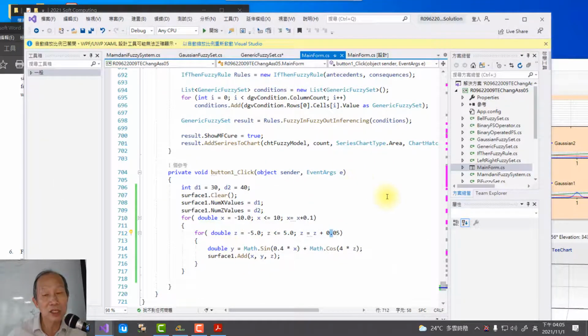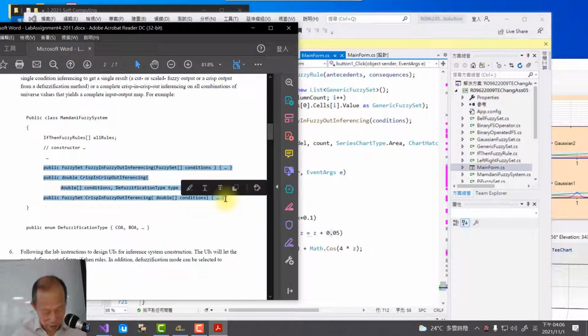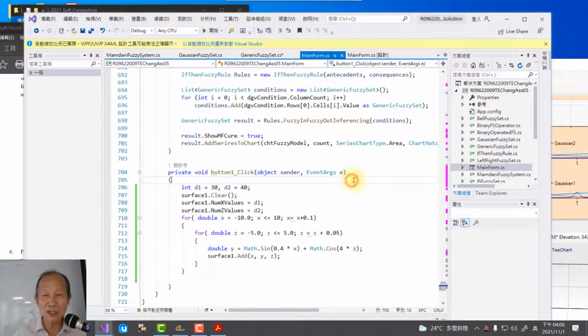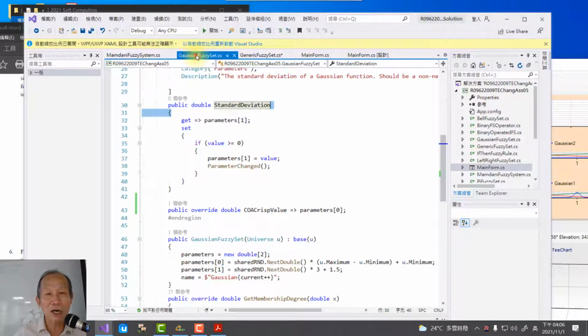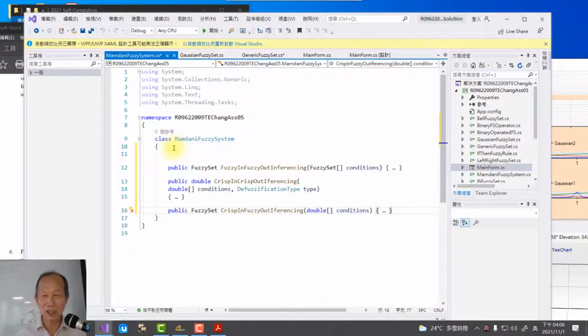So I will generate the input-output service from this code snippet. Alright, so this is our functionality. To save time, I'm kind of lazy, so I copy everything, and then back to our Mandani fuzzy inference system. Okay, copy it in. Alright, but